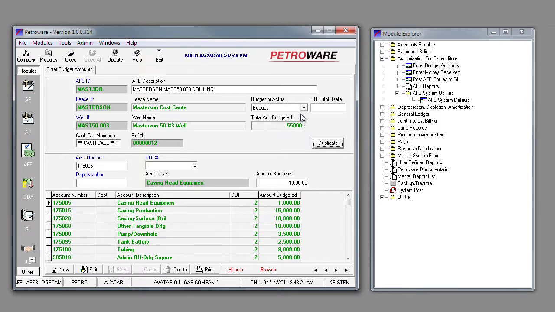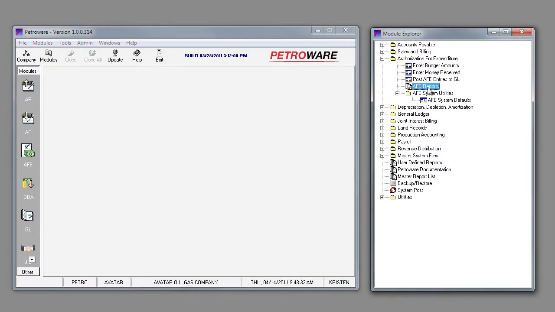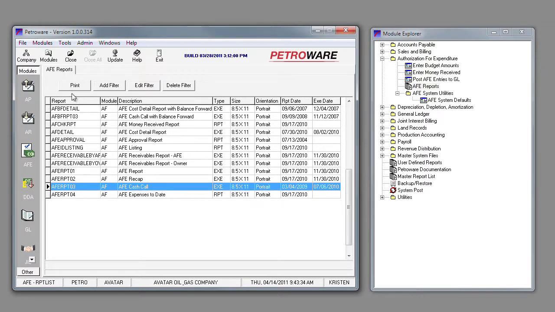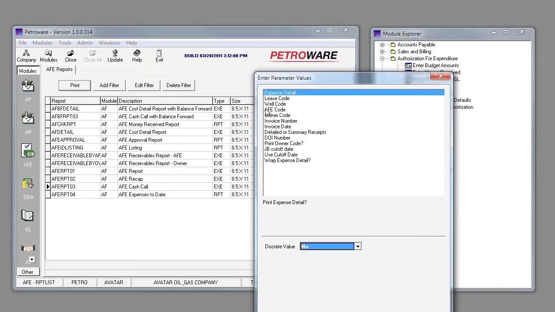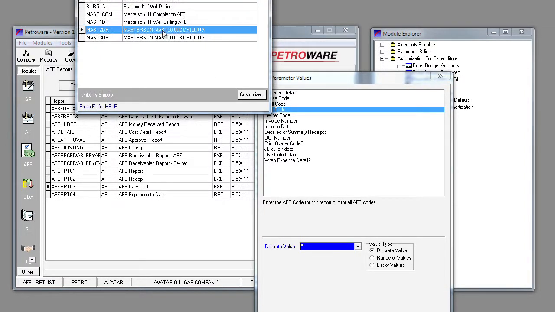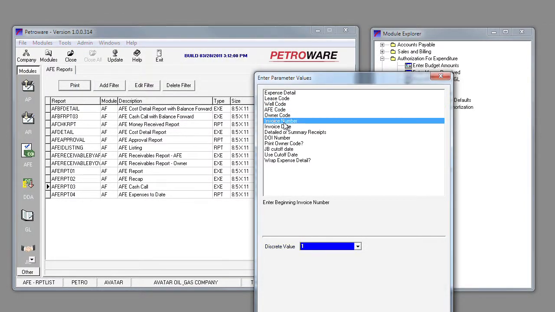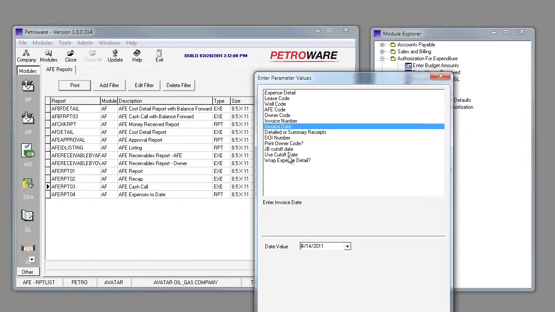AFEs can be billed out on budget or actual or greater of the two, meaning expenses. We're going to leave this one on budget and we're going to print a cash call. You go to AFE Reports, print cash call. You pick your AFE code. You just give it a starting invoice number, an invoice date,